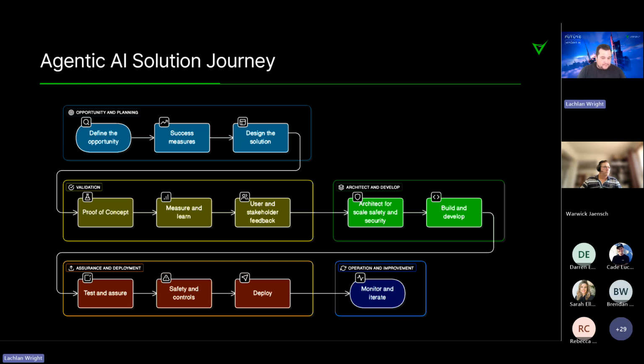And so if you go through all that and you find that this is something that's got a lot of legs, we can build it, technically ticks all the right boxes, it's got value, let's go and get this deployed. Step into architecting it more for that scale, safety and security. How do I get this ready and set up for production and get that built and start deploying into a bit more of a controlled non-prod environment?